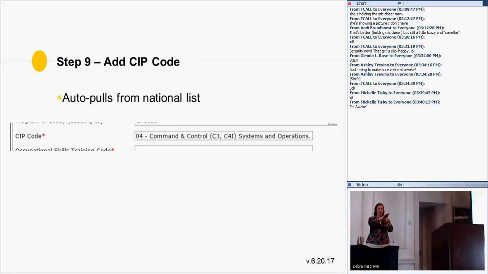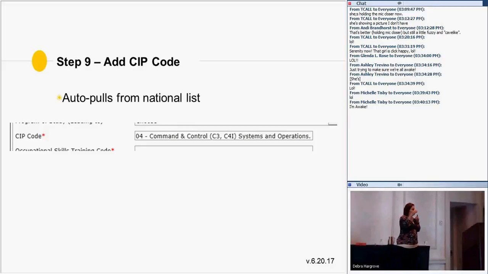So I know what program it is, and the SIP, I'm going to start putting it in. As you start putting it in, it does a nice little thing where if I type 0, it'll pull up everything that starts with 0, then 4, okay, now I get the right one. It kind of auto-fills, like Google when you're searching for something, and once you select the correct one, it fills everything else in for you. Right now, it is not doing that for programs that are not on the ECP. For those programs, between now and the beginning of August, this is an open entry text field.